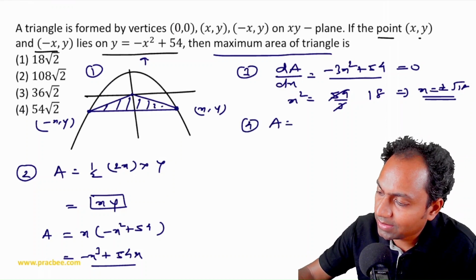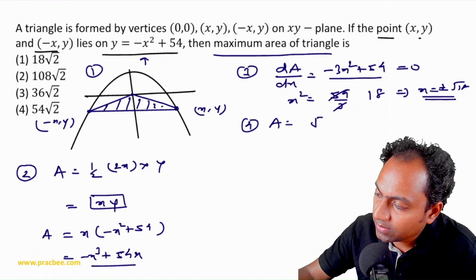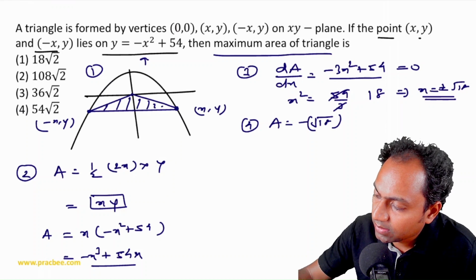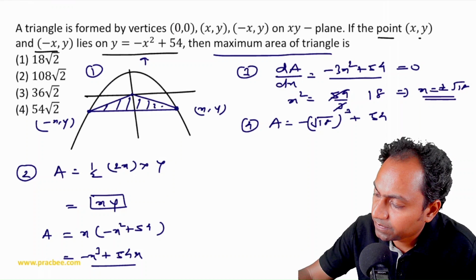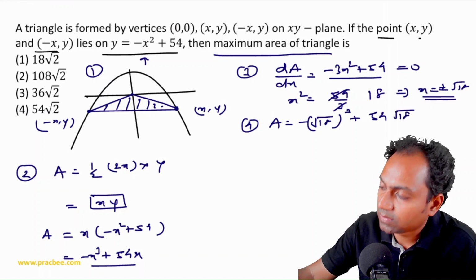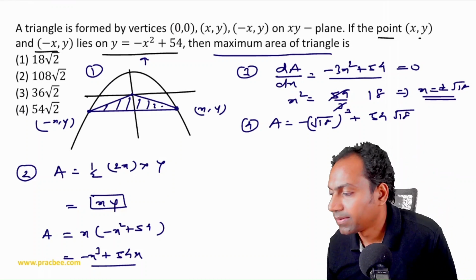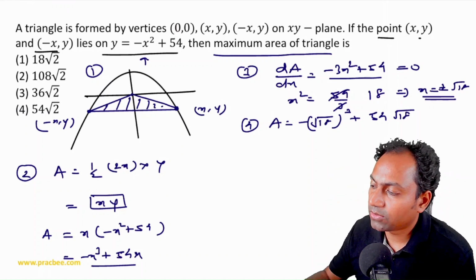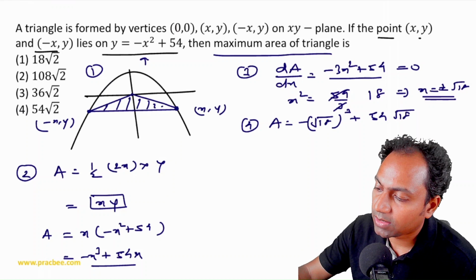If I find the area, x will become root 18, so it becomes root 18 raised to the power 3 plus 54 into root 18. So you can simplify this and your answer correspondingly comes out to be nothing but